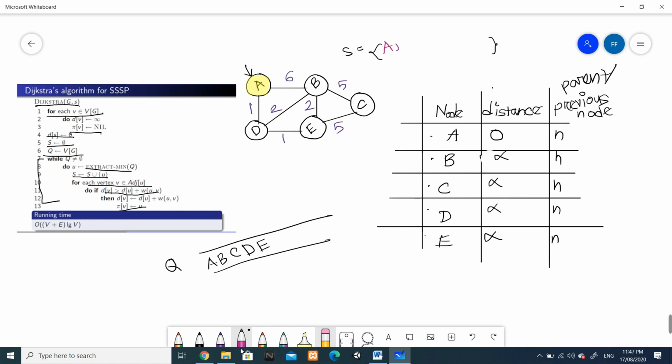From A I can go to B and D. If I go from A to B, the distance of A is 0, so the distance will be 0 plus 6, and they all have infinity here. 0 plus 6, which is less than infinity, so we can update the distance. 6 is less than infinity. And for A to D, the distance is 0 plus 1, which is less than infinity, so we can update the distance and let's make it 1.